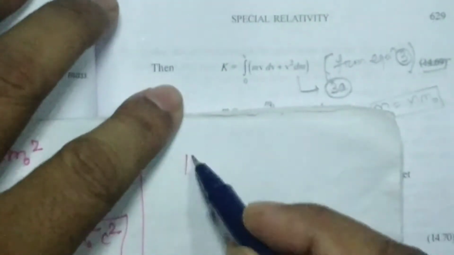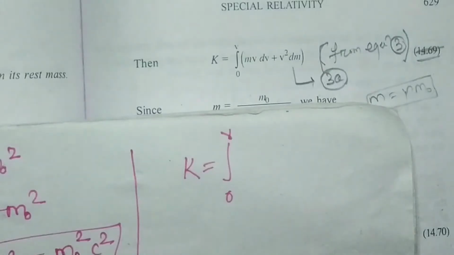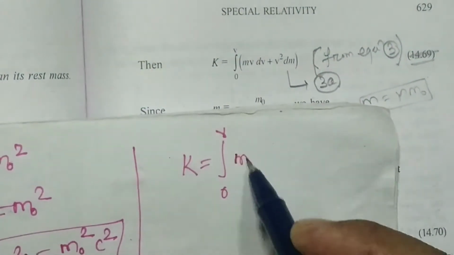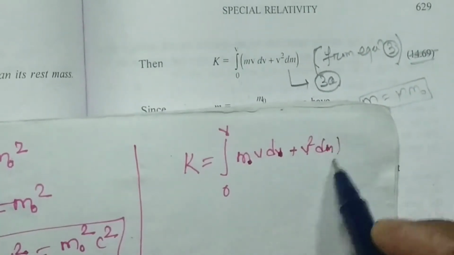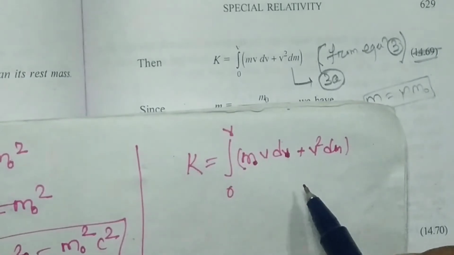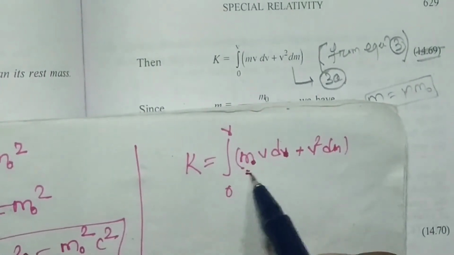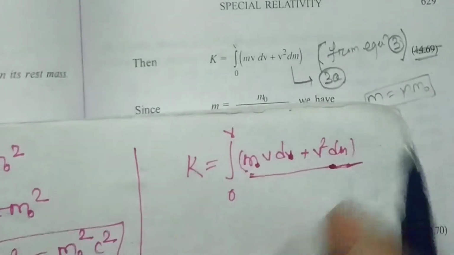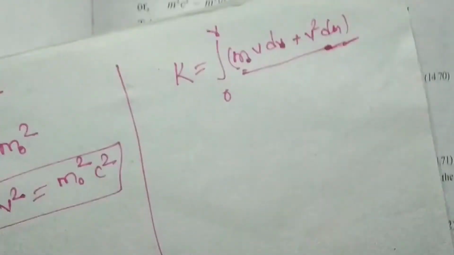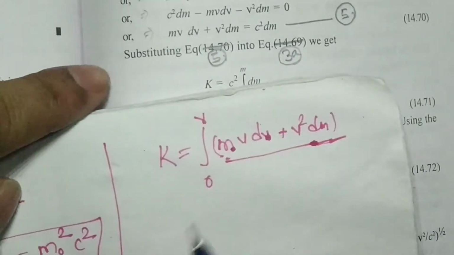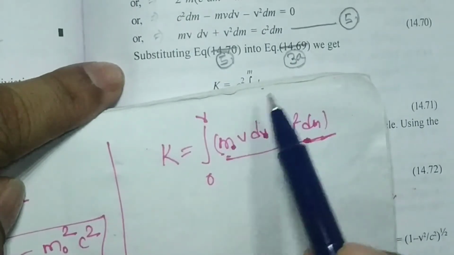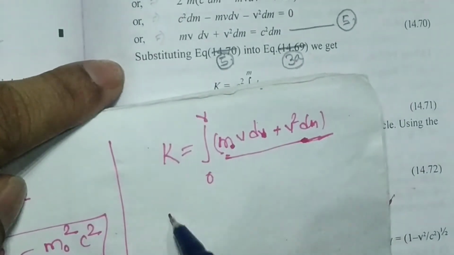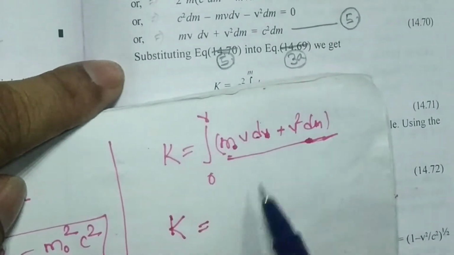That is your k equal to 0 to v, m v dv plus v square dm. This was okay. Now we have to put the value of m v dv plus v square dm, whatever we found, that is in your equation number 5, that is m v dv plus v square dm is nothing but equal to c square dm. So from equation number 5, if you put this value, then it will be integration